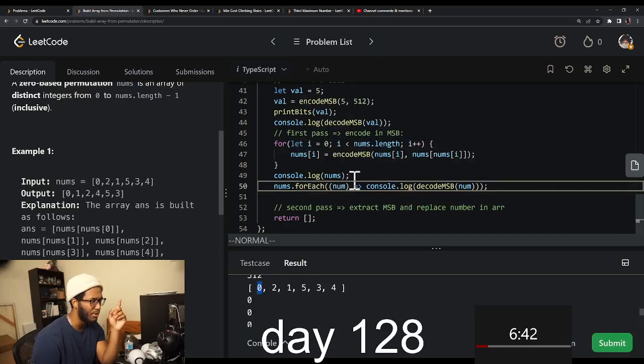So for 0, for num sub i, it's going to be set to 0, but in the MSB we encoded nums sub i. The issue is that num sub i could already be mangled, which means the value we want to take out of it